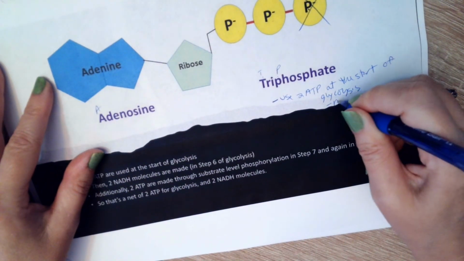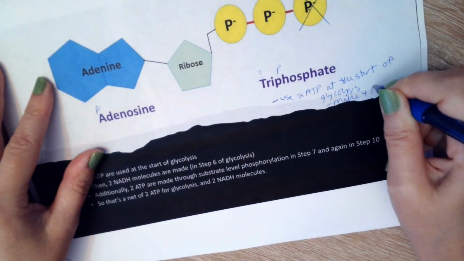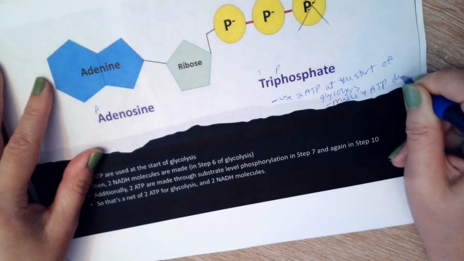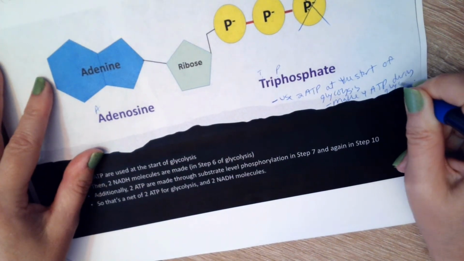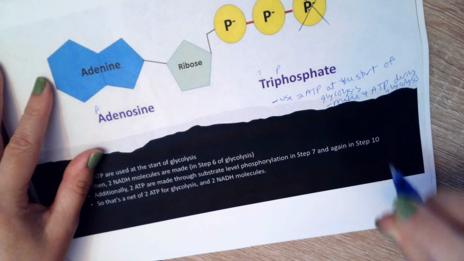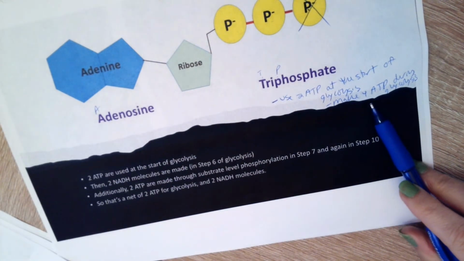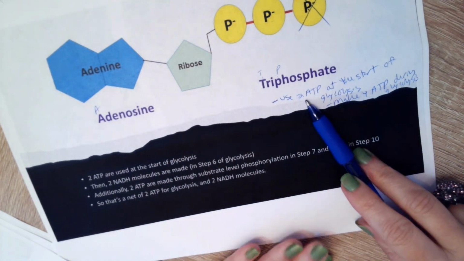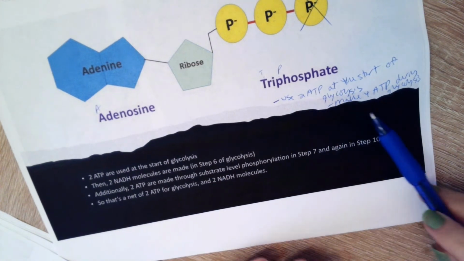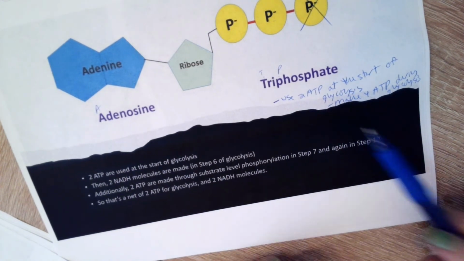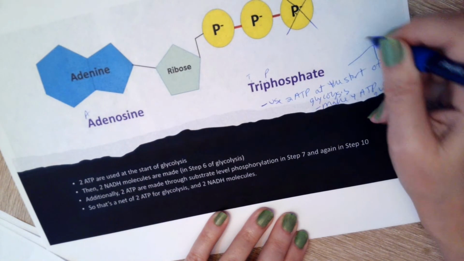Then we make 4 ATP during glycolysis. So we make 4, but we use 2 to start. So we only get a net of 2